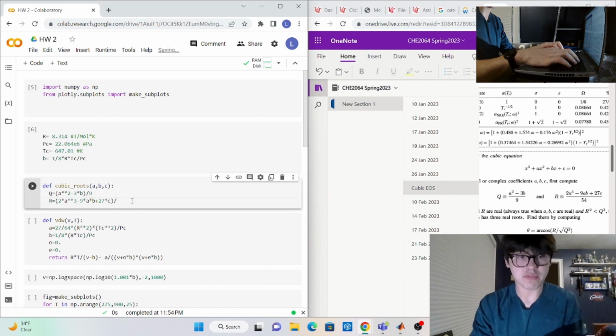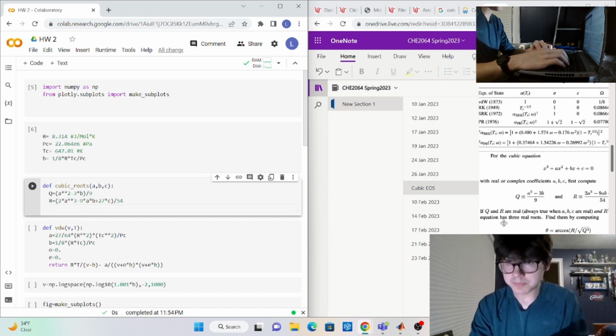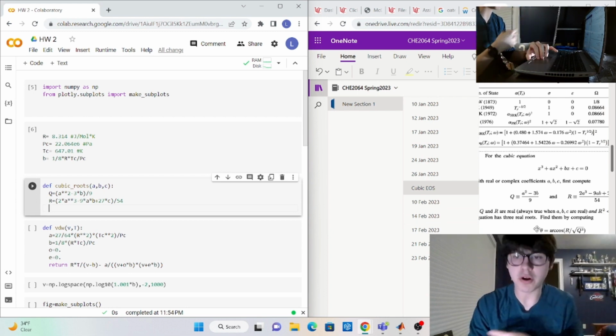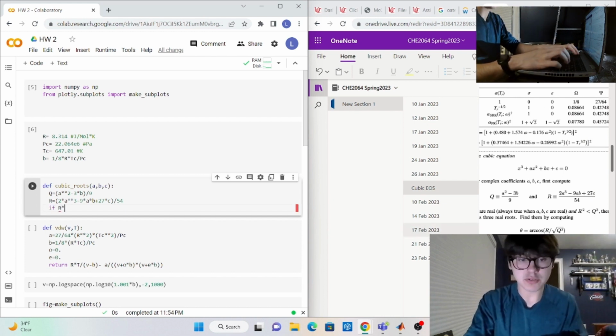This is all divided by 54. And then we have kind of a conditional here. So we say if q and r are real, which we are going to assume, real roots, and if r squared is less than q to the third,